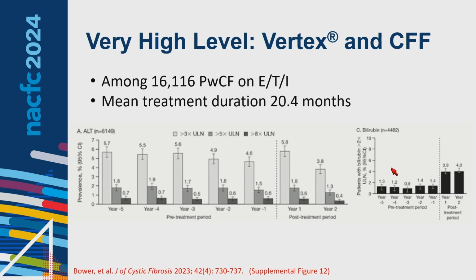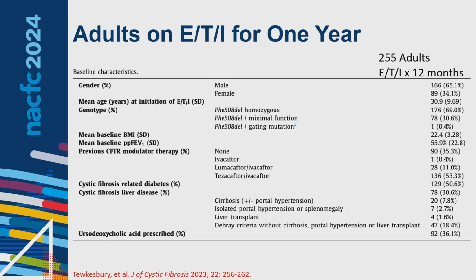Now, if you look at bilirubin, after starting medication, you do see a big jump. But remember, we have direct bilirubin and indirect bilirubin, and they're not equal. And we know that ETI and all of our modulators suppress OATP1B1, which is a bile acid transporter that causes your indirect bilirubin to go up. I'm going to show some more data on that, but it basically creates a Gilbert's-like presentation and clinical implication.